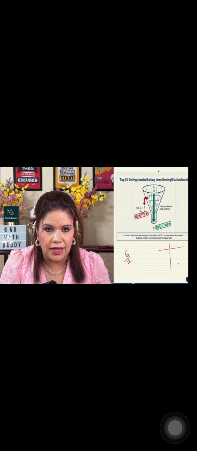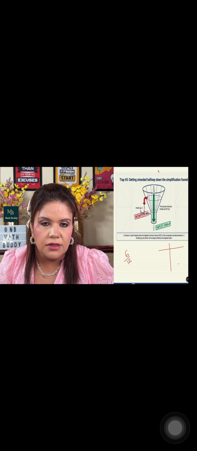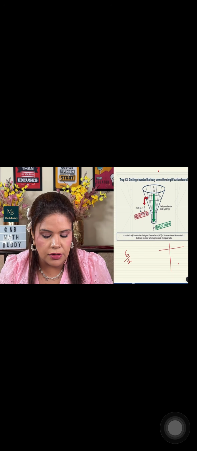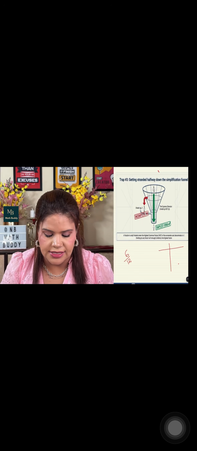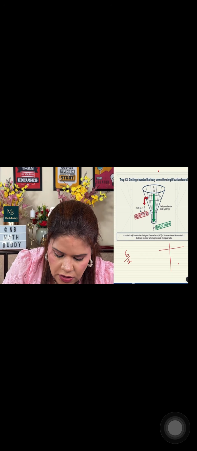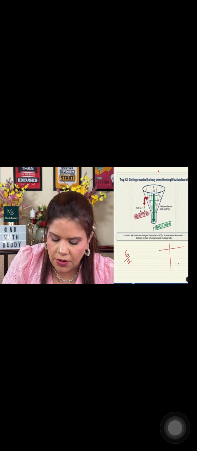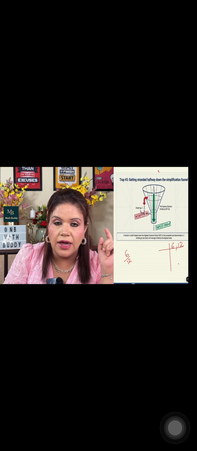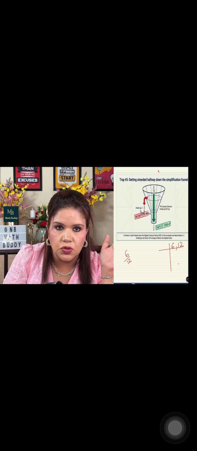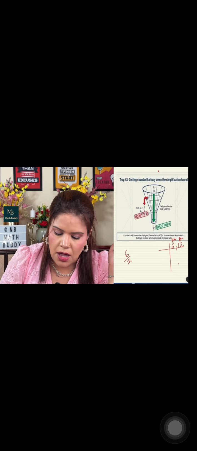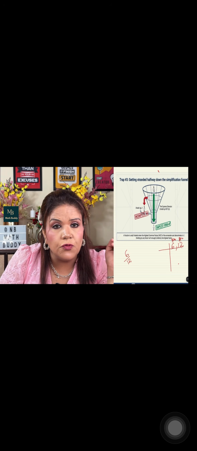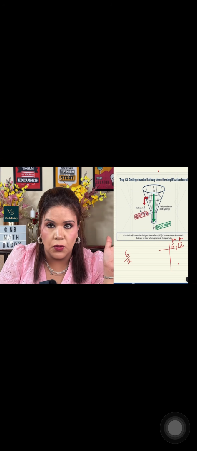Earlier we were applying the common factor method for the denominators for finding LCM. Now I am going to find the common factor of 6 and 12 by using the same method. Here are some important things you have to keep in mind. I have to first write the numerator and then the denominator. Now can you tell me, for 6 and 12, which number will divide both the numbers?